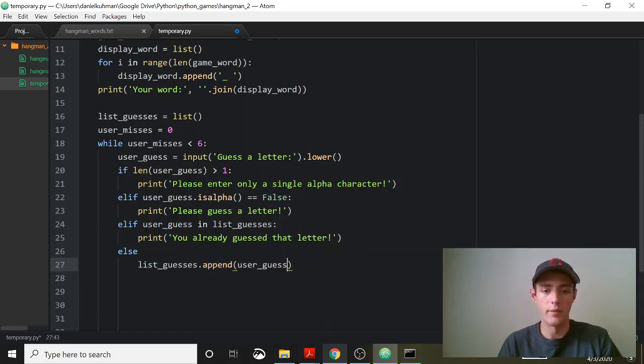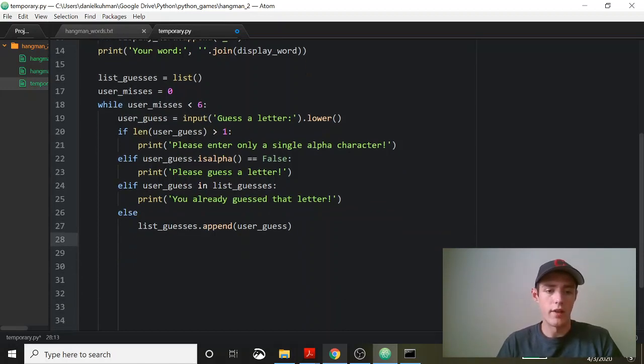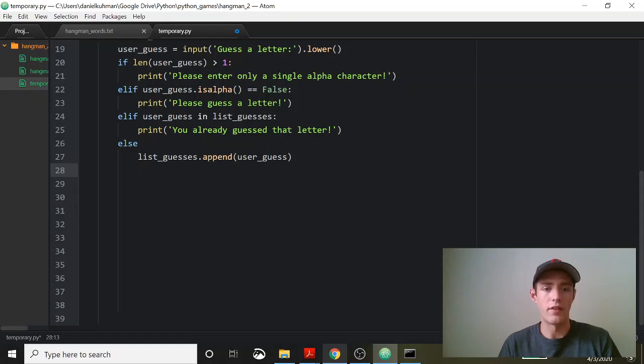So this will update our list of user guesses. And now we have to check whether or not it's inside of, if the guess is in the actual word. So we're going to say if user guess not in game word,